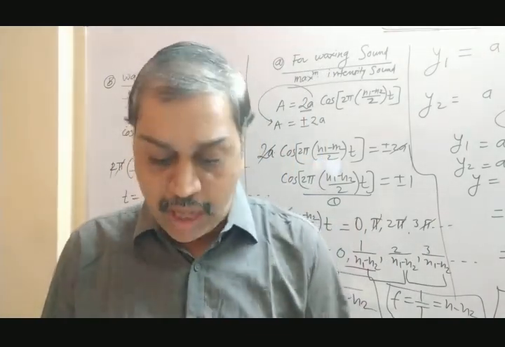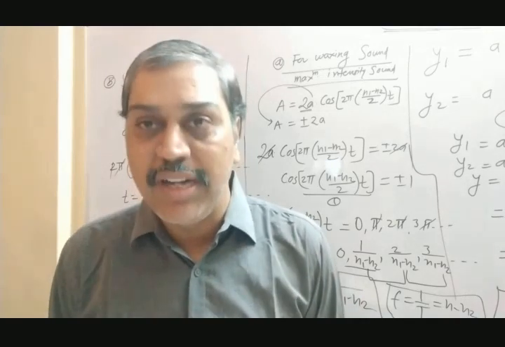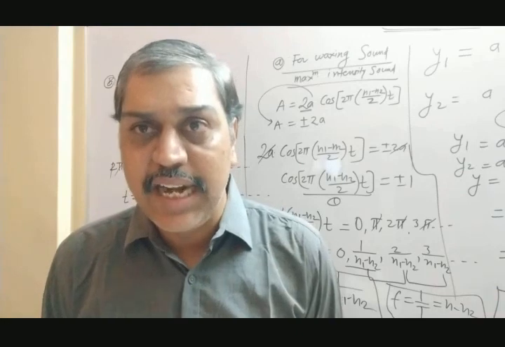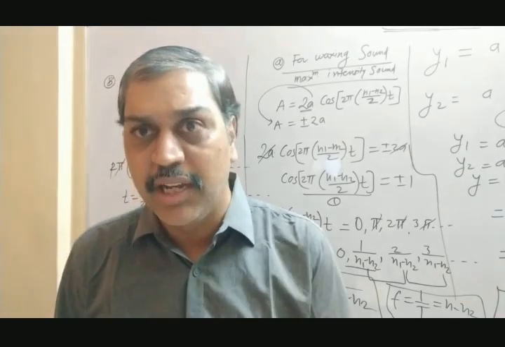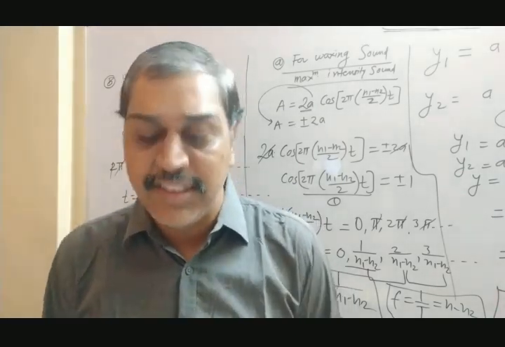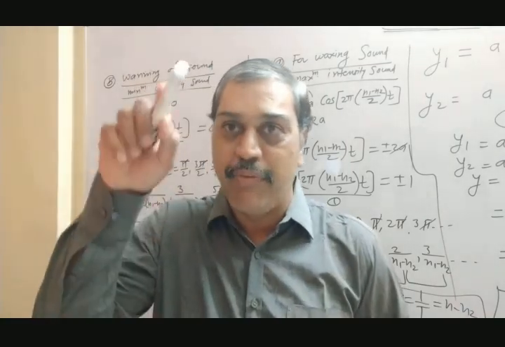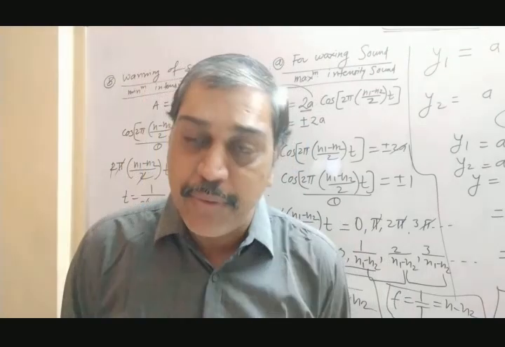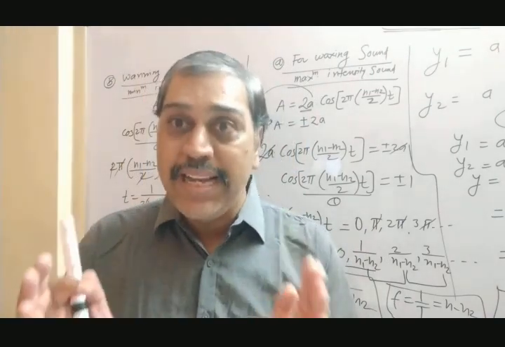Apart from this, in your book, if you see, there is figure 6.13. The first wave is Y1. The second wave is Y2. They have not mentioned it there, but they must mention along the Y-axis: first is the wave Y1, second is Y2, third is Y1 plus Y2. Means third is what? Beat gets formed.